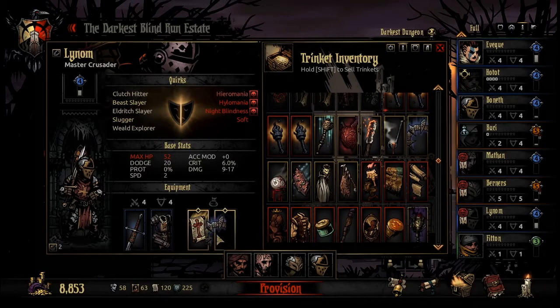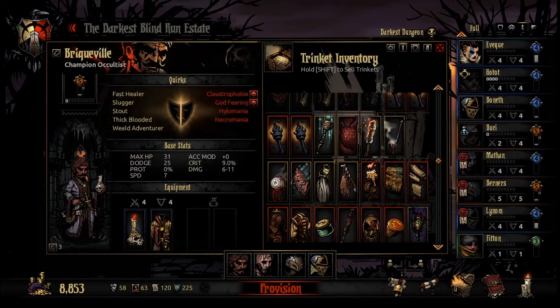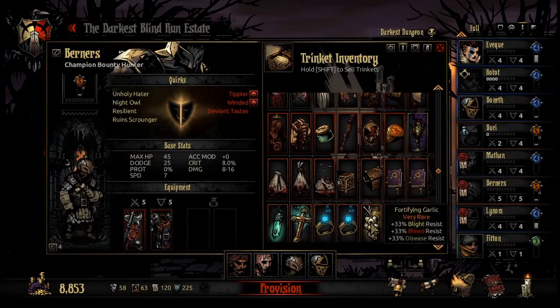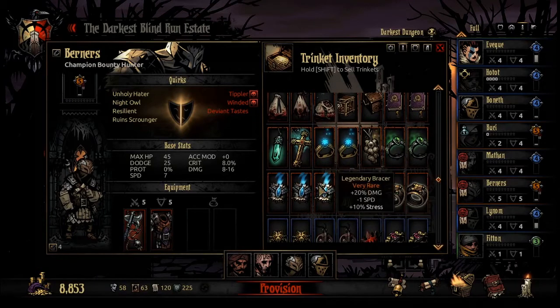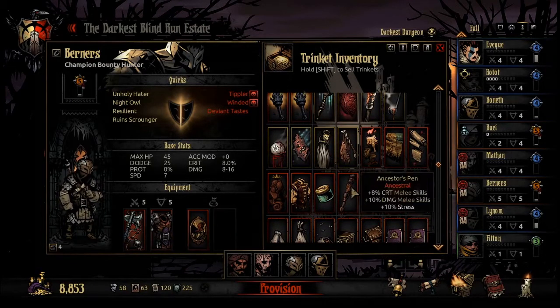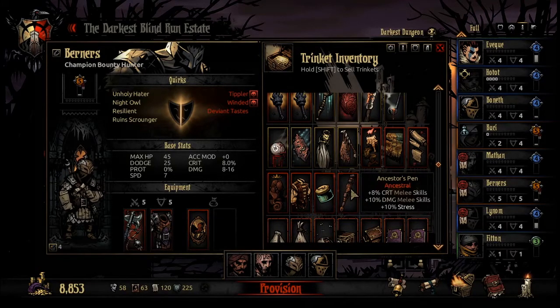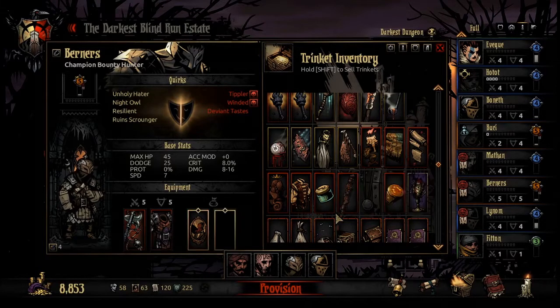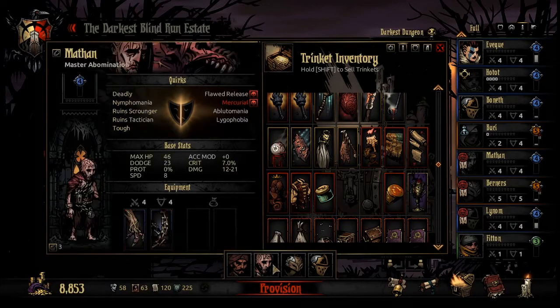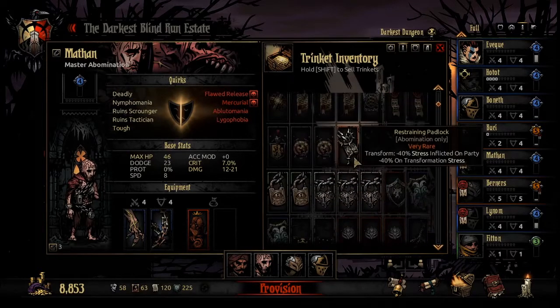I'm also going to give him the Necromancer's Collar to further increase his damage versus Unholy. The Bounty Hunter is the one who's going to get the portrait. And even with the risk associated with the further increase to stress, I'm also giving him the Ancestor's Pen, since his good skills are all melee. And I'm going to give the Abomination the Ancestor's Tentacle Idol, and